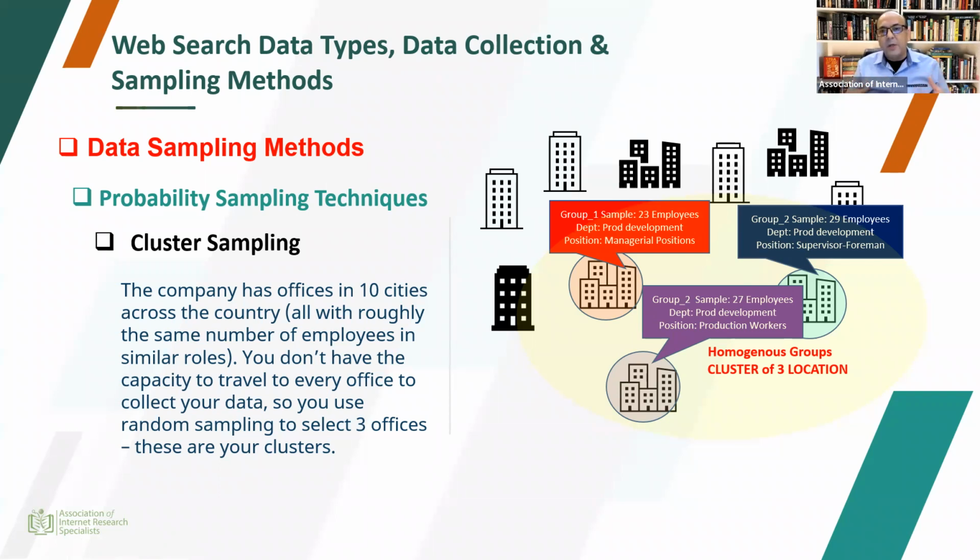If you want something non-biased to be obtained as a result of your sample research, you might want to select managerial position from one building and production workers from another and supervisors from a third location. So this could be what we call a cluster. You create a cluster where some of the attributes are typical or